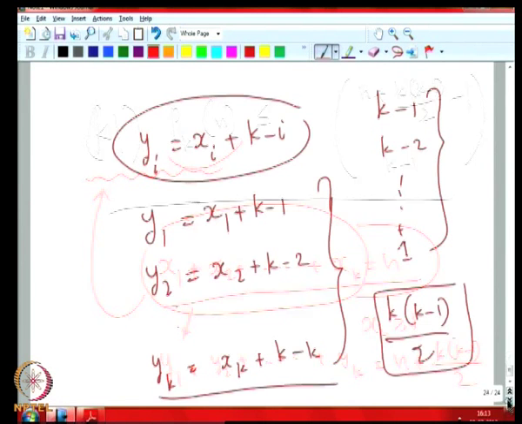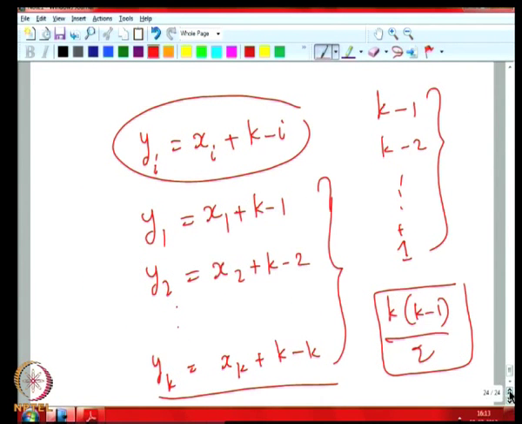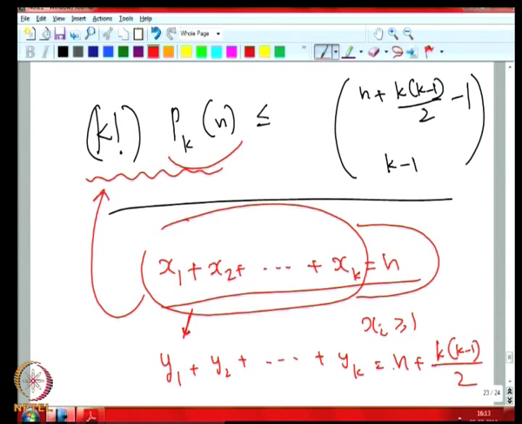So, of course, the claim is that we get y1, y2, yk all distinct after doing this transformation. If they happen to be distinct, then this k factorial into pk of n will be the total number of solutions for this equation,